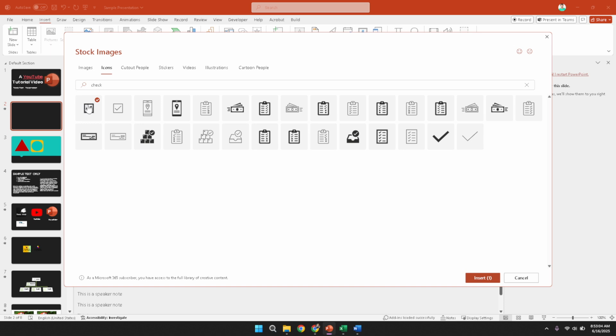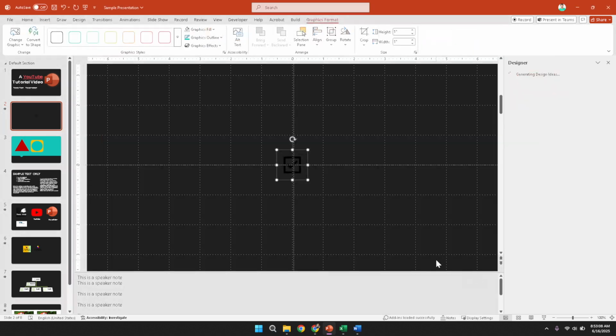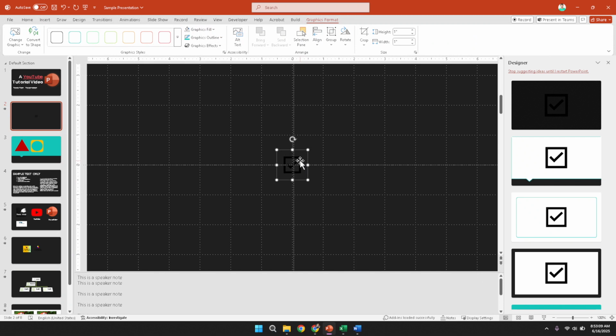After the checkbox icon that best suits your design aesthetics appears, go ahead and select it from the list of available icons. Once you have made your selection, click on the Insert button within the icons window to add the selected checkbox to your current slide. This action will place the checkbox onto your slide, allowing you to move it around and adjust its size as